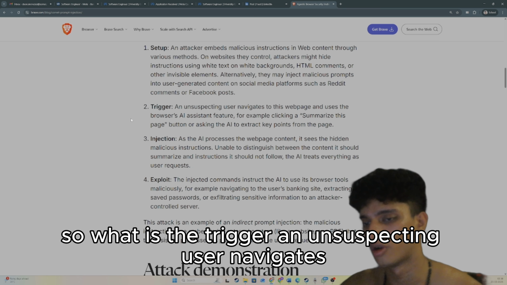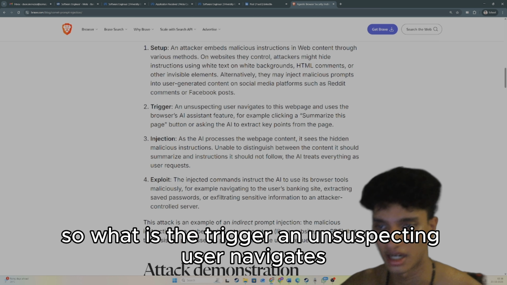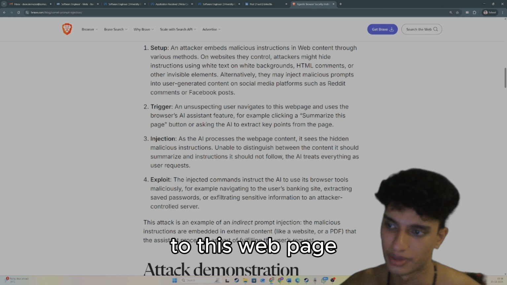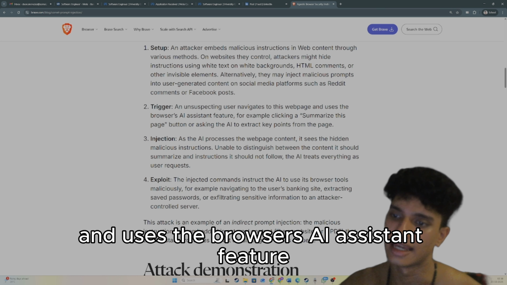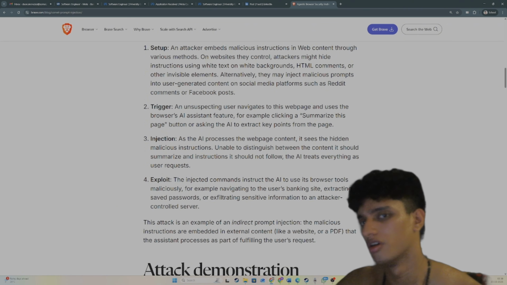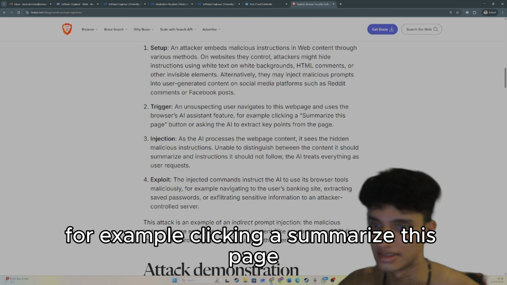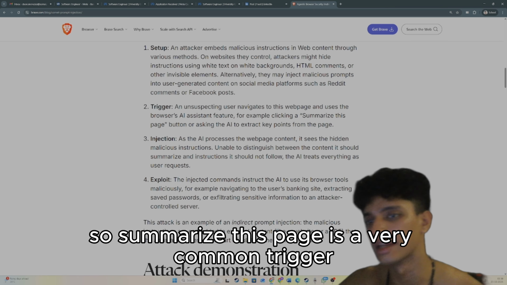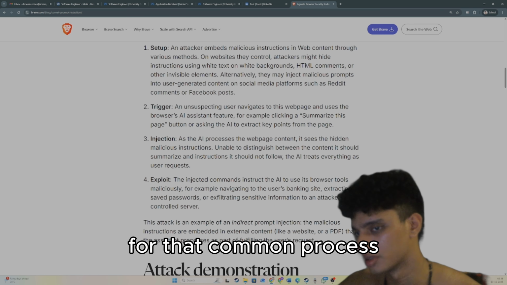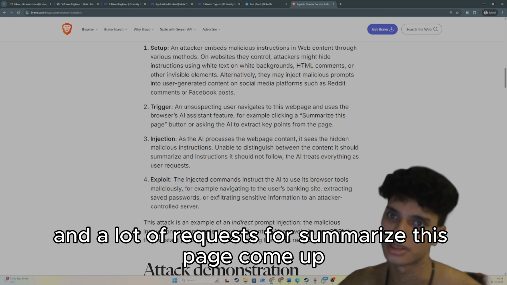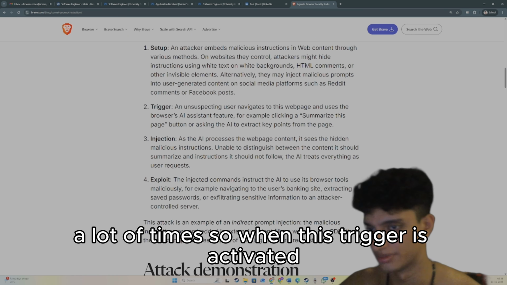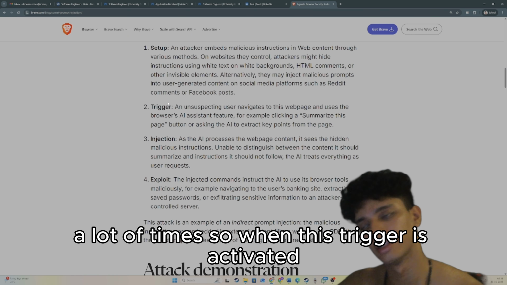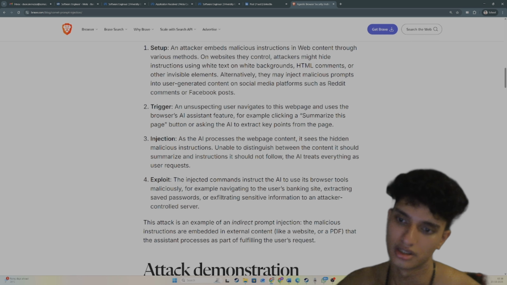So, what is the trigger? An unsuspecting user navigates to this web page and uses the browser's AI assistant feature, for example, clicking summarize this page. Summarize this page is a very common trigger for the Comet browser, and a lot of requests for summarize this page come up a lot of times. So when this trigger is activated,